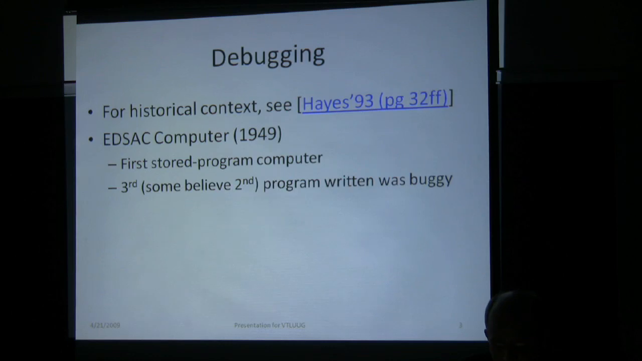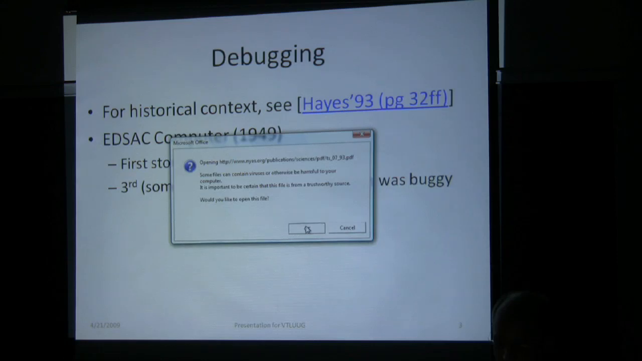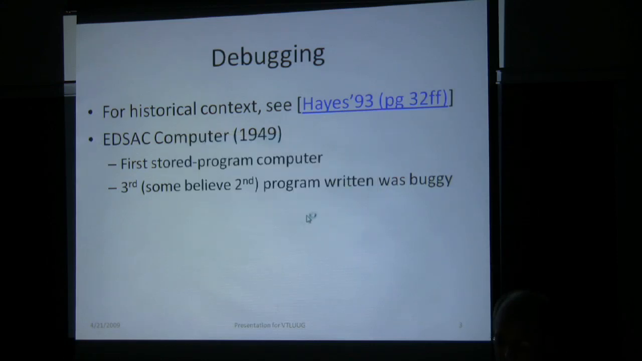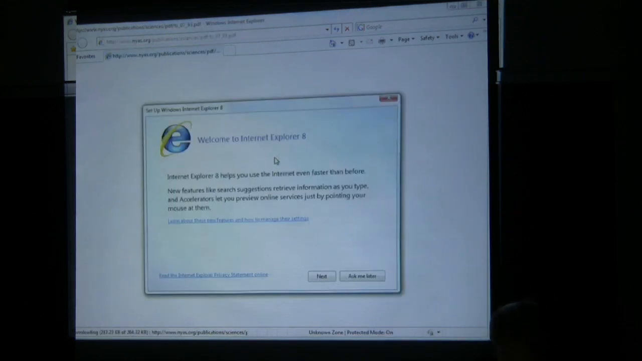What would I like to talk about with you? Debug. Where does the term come from? There's an interesting essay, hyperlinked here, by Hayes in 1993, where in a journal article he talks about the history of debugging, points out that the